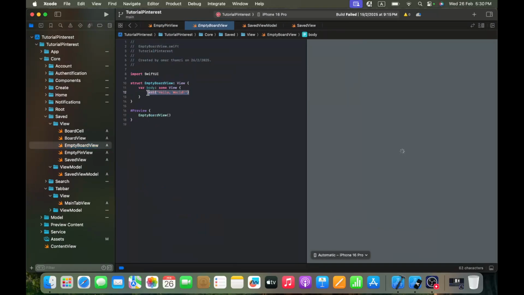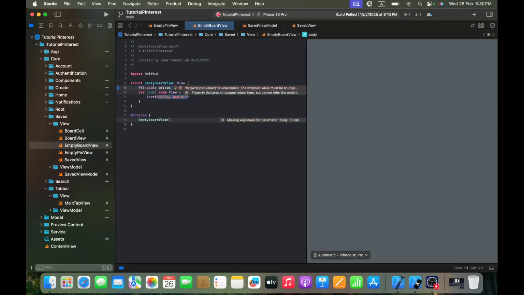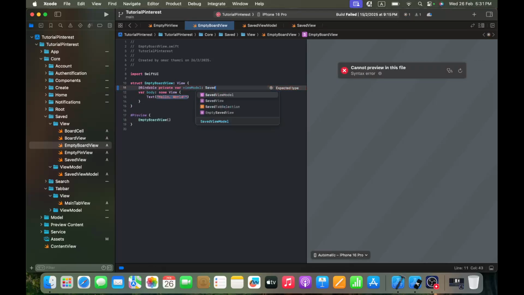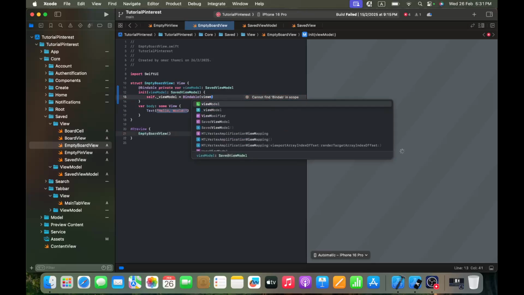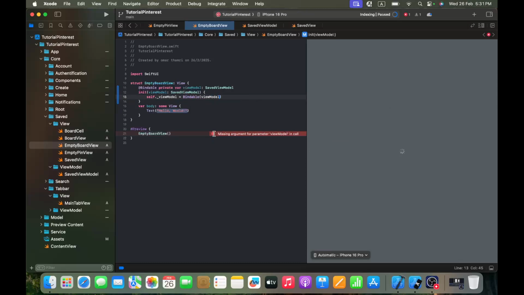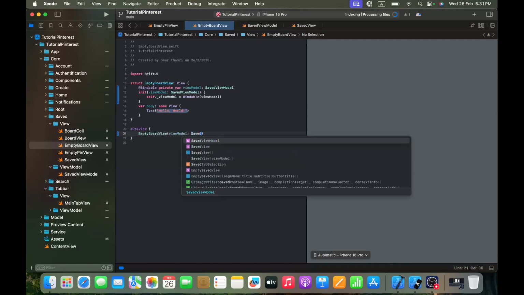All I need here is to call my, okay, I need to pass of course the view model, so @Bindable private var view model of type saved view model, and of course I need the initializer, so self view model equal Bindable wrapped value of view model. If I add now the missing argument here, so I give it saved view model,